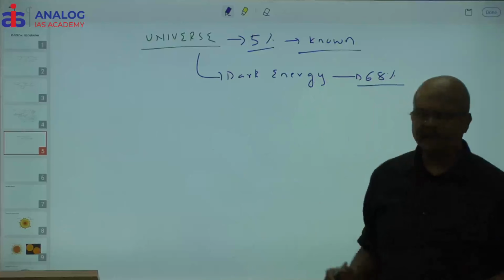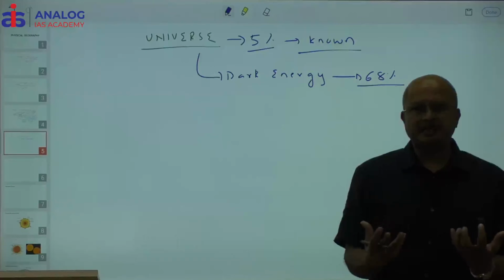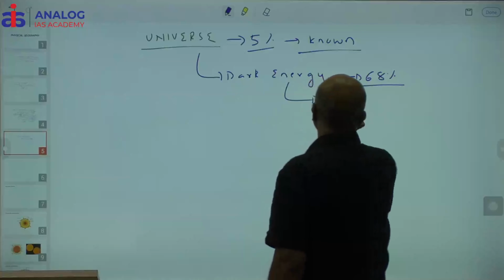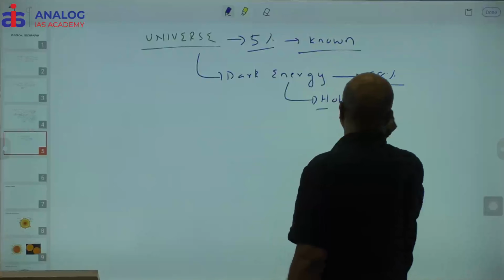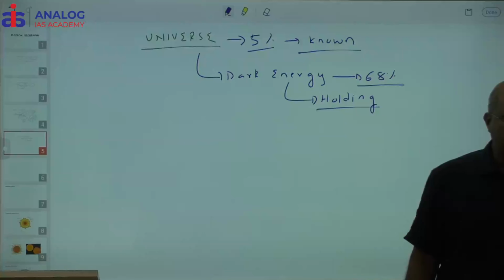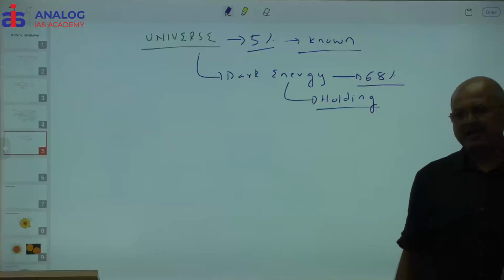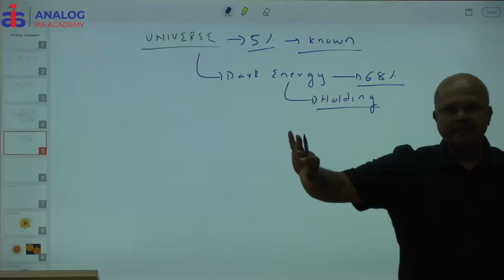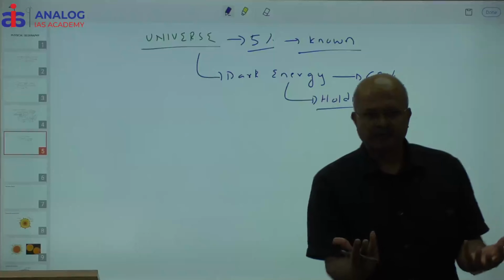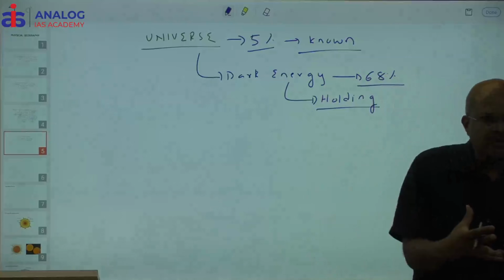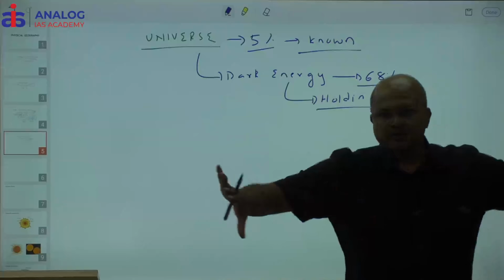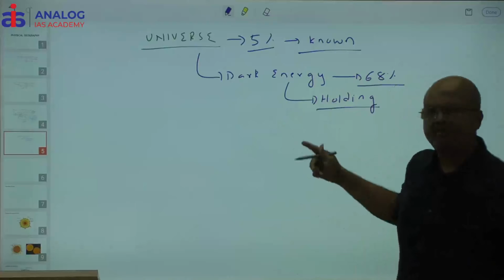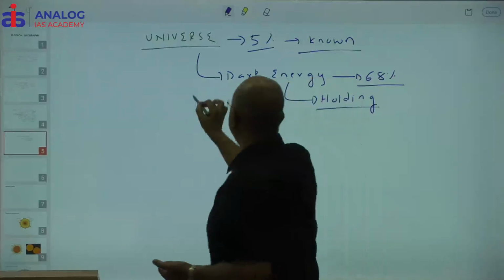And what is the role of dark energy? Gravitational energy, holding things together. Now when you read any theories, you always find one is holding and one is repulsive, and within that the universe is balanced. One is gravitational force which is holding, and one is repulsive, trying to pull apart. And which is that repulsive? Called dark energy. Remaining is